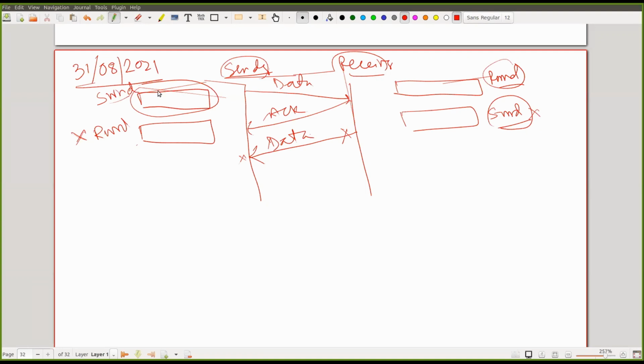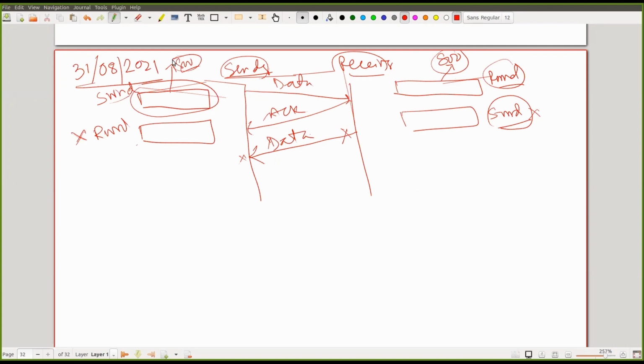The sender cannot set the send window size unless it knows the receive window capability of the other end. If the receive window of the receiver is 800, then accordingly I set it as 800. It cannot set it independently. The send window is set based on the receive window capability of the other end. Very important. Every word I'm saying is important to understand. Based on the receive window capability, the send window sets its own size, as determined by the other end.